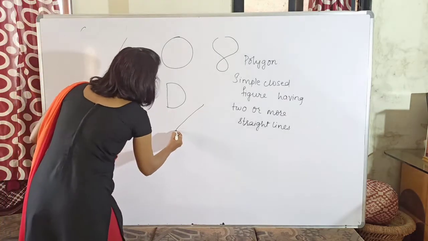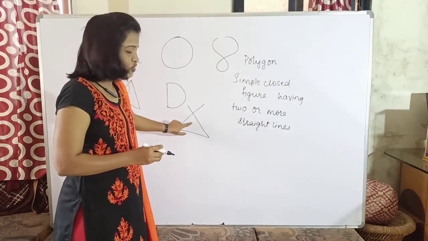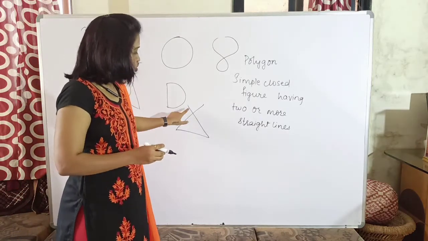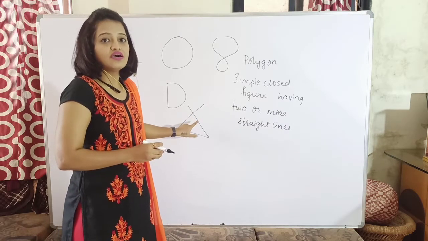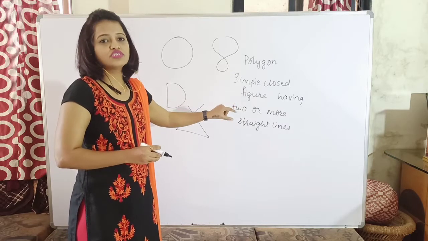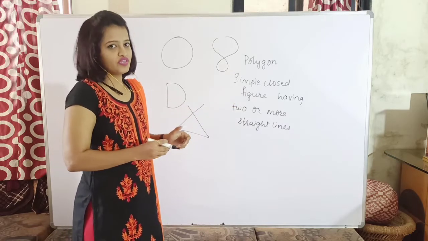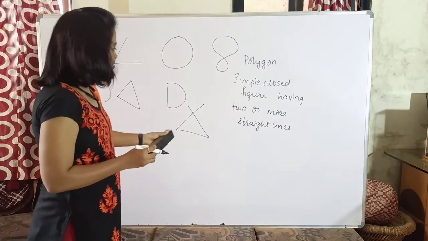For example, if I draw a figure like this. Now this is also an enclosed figure. As you can see, this is enclosed, but here the lines are actually overlapping above one another. So this is not called a simple figure. It is not a simple one, and hence in the case of a polygon we are focusing only on the simple closed figure. So this kind of figure will not be considered as a simple one.